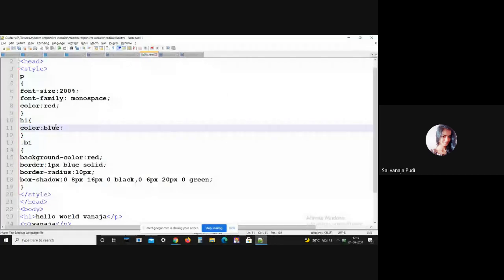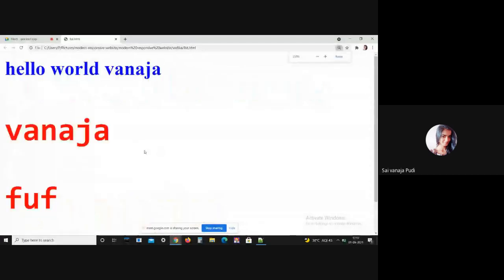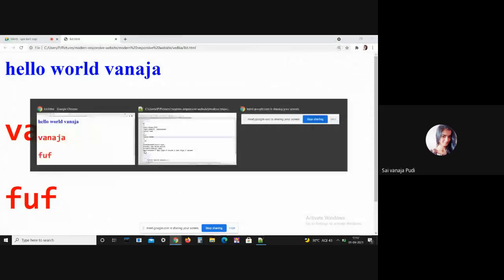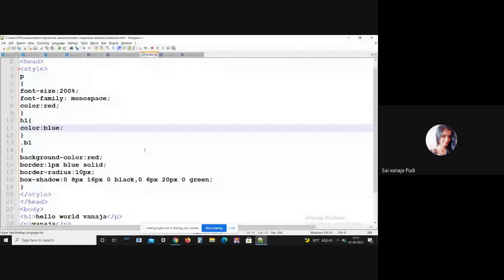See, you can clearly see the difference between the h1 tag and the p tag. Here I gave the font color blue. For the paragraph tag, I gave the font color red. So this is how you can change the font colors.